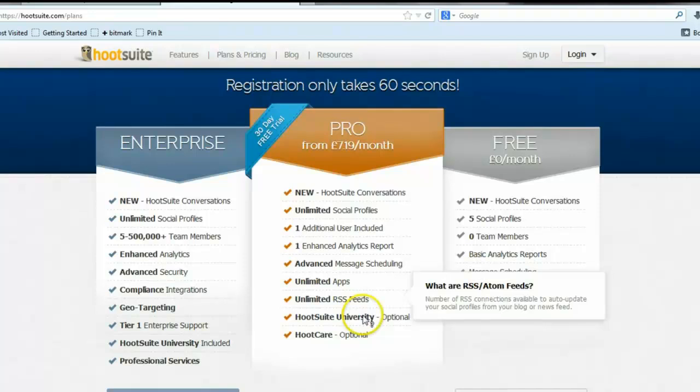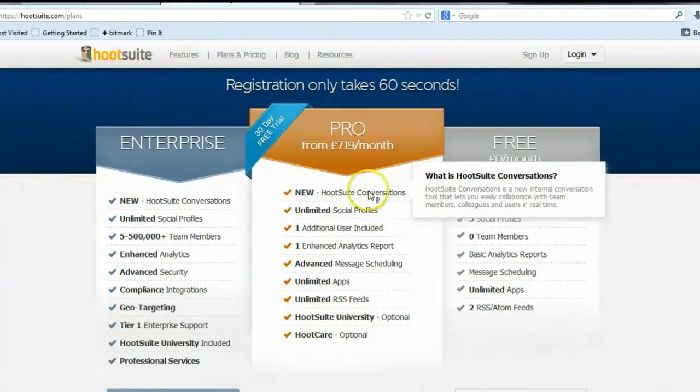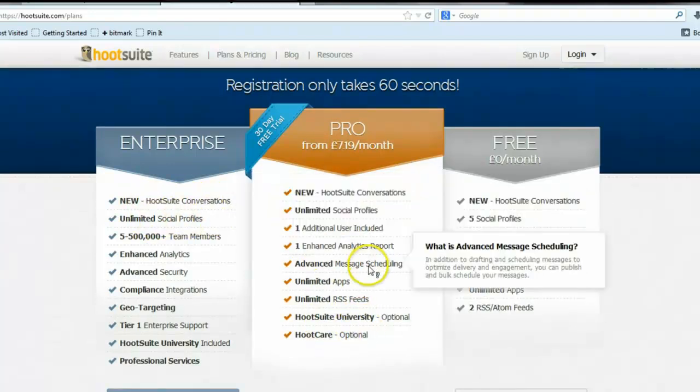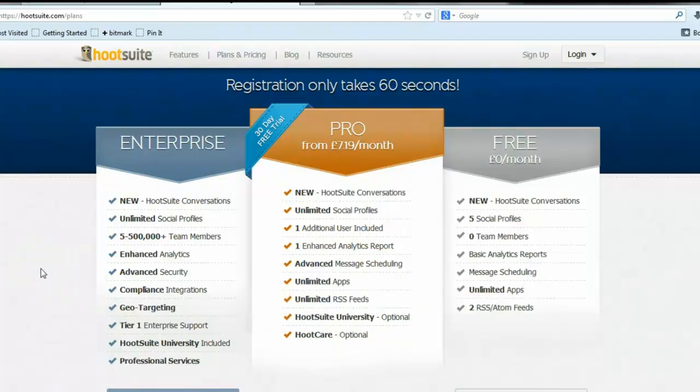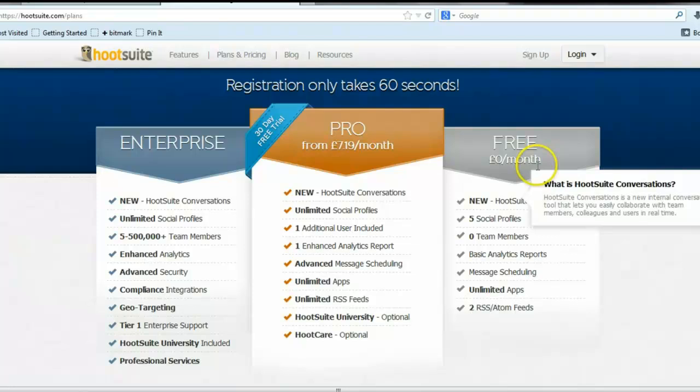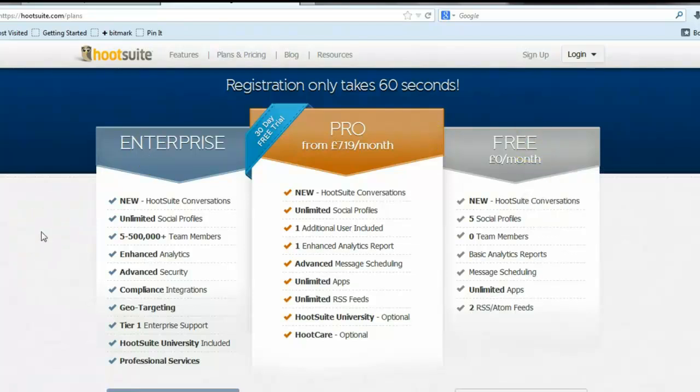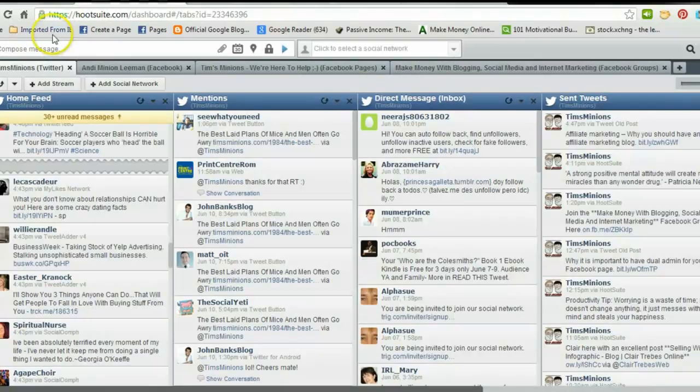Here you can see how many users and how many feeds and streams you can have. I'm currently using the free version. Now, I've used Hootsuite before. A few years ago when we were doing Facebook pages, it was quite handy because you could schedule. So if I just quickly show you Hootsuite itself,